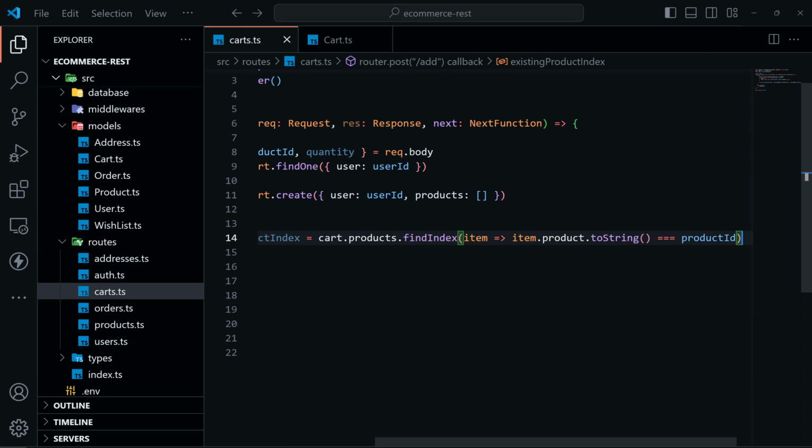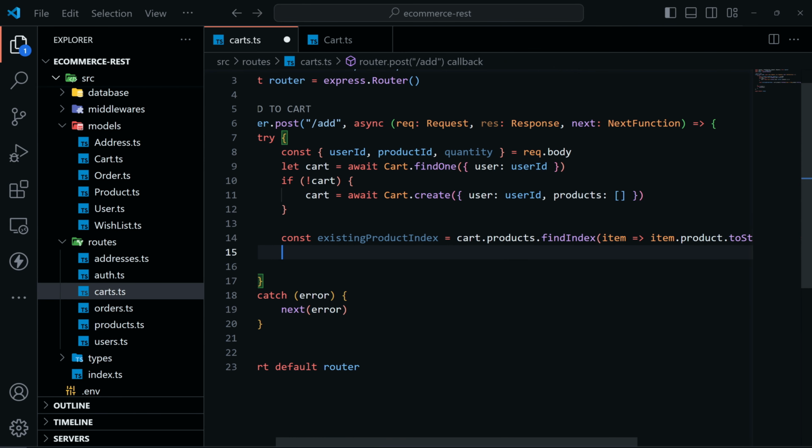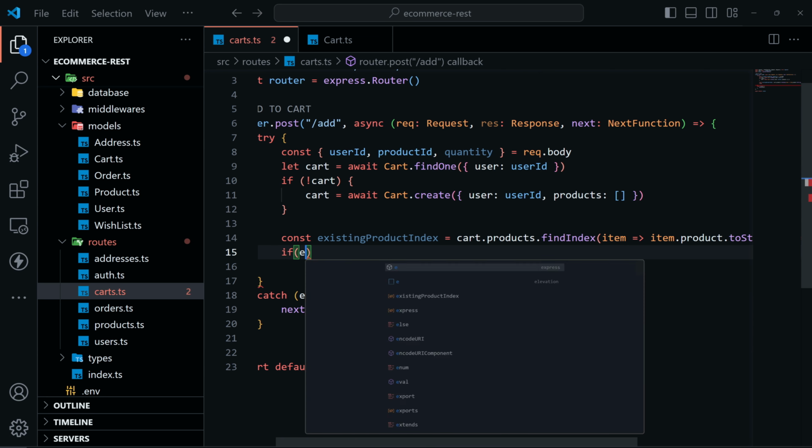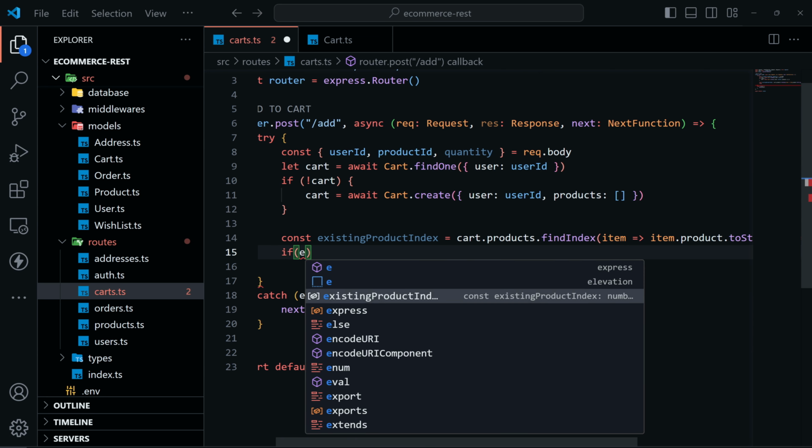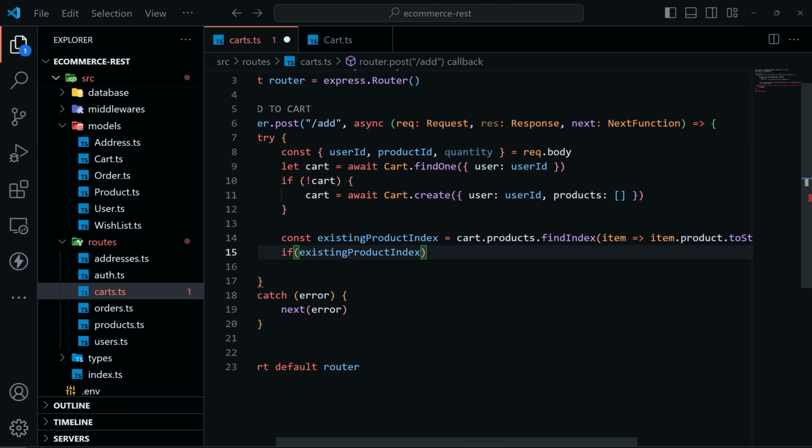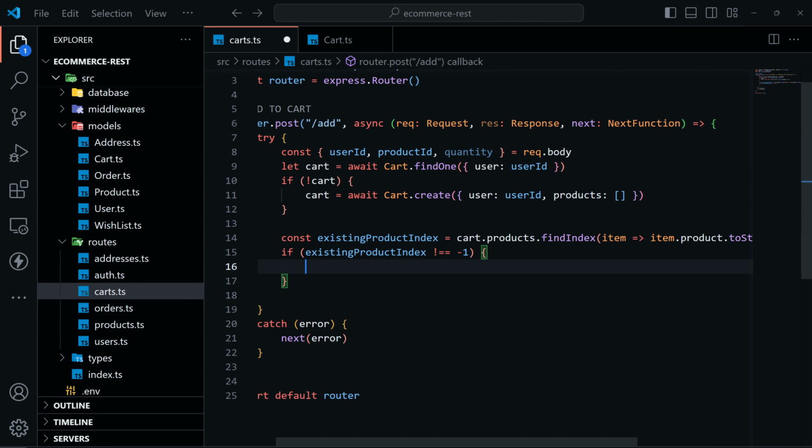So if it finds the product ID, then we'll get the existing product index, and if we successfully get the existing product index, that means it should not be equal to -1. Then what we are going to do is cart.products